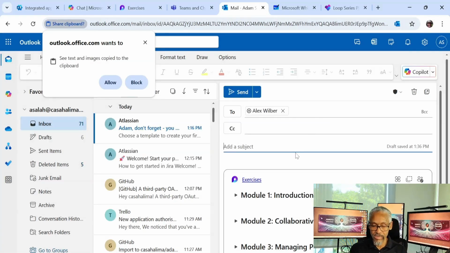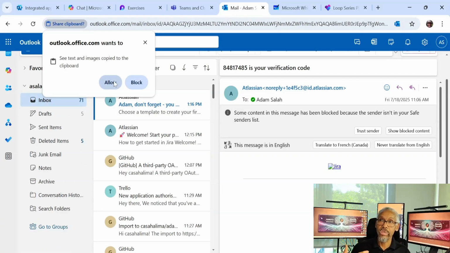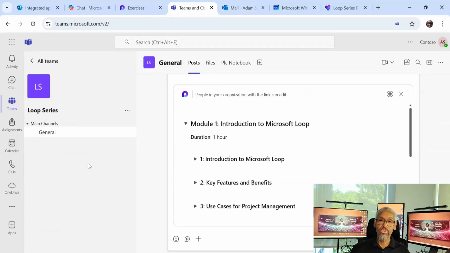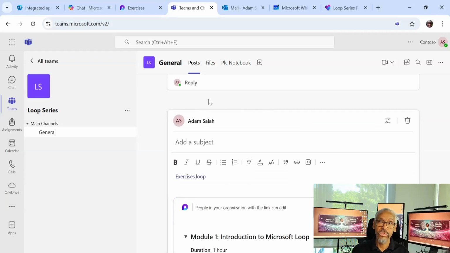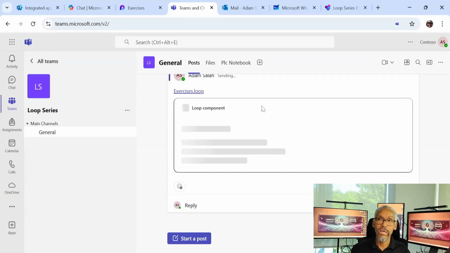I should add a subject, Loop course for PMs, and I'll hit the send button, and that is going to go ahead and send it to that person, right? And that is how you create a Loop page, turn it into a component, and share it with your teammates in order for them to be able to use it, right? And I'm going to post it here so that everyone in this channel will be able to access it and collaborate